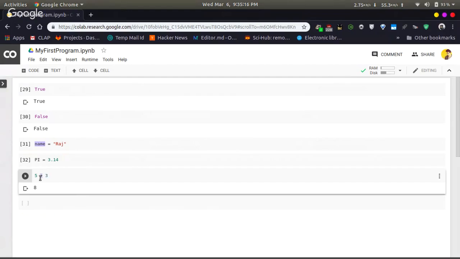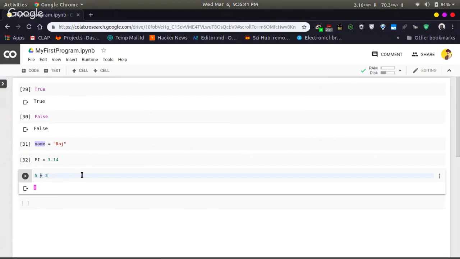So this plus is operating upon the operands, and the operands here are 5 and 3. And it will perform the operation in order to compute the result, which we have got here as 8. This is how an operator works.